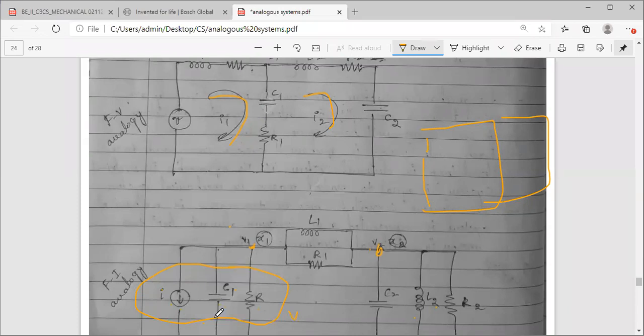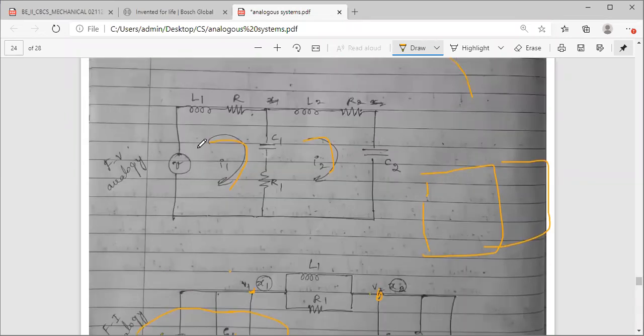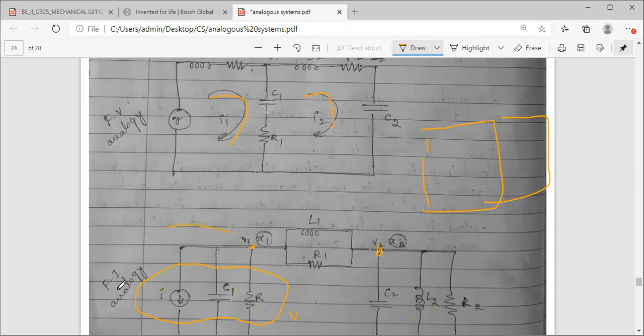Simply reverse it. What you have to do here in the first loop, because this indicates your first loop, associated with the first node, and this indicates your second loop, which is for the second displacement, second node. So let me talk about the first loop. You have three elements connected in parallel. जो भी parallel है उनको series कर दो. So there is a current, there is one capacitance, and there is a resistance.